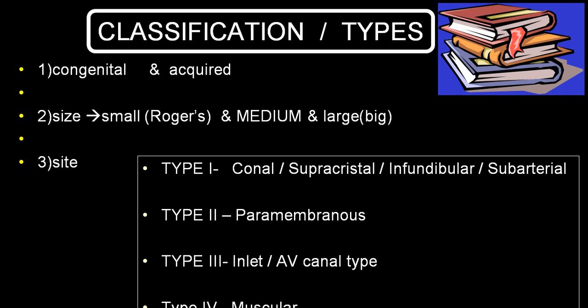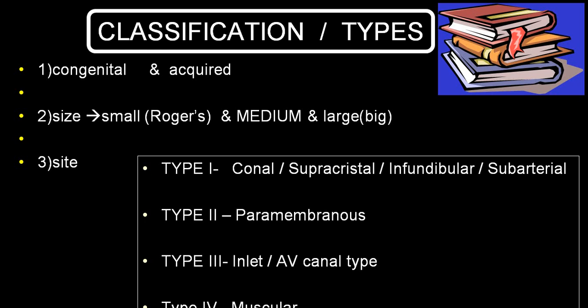Very rarely, while doing a catheterization you can have a perforation and produce an acquired ventricular septal defect. Another one, while doing pericardiocentesis, you can have a traumatic injury to the interventricular septum, or a penetrating injury like a bullet injury or stab wound injury to the interventricular septum, and can end with a ventricular septal defect.